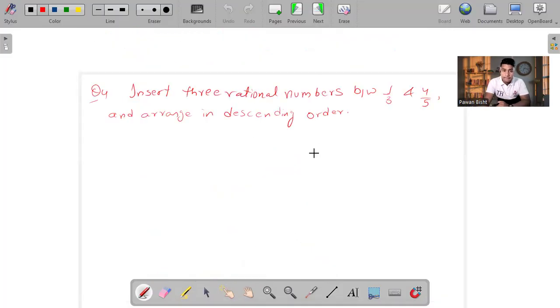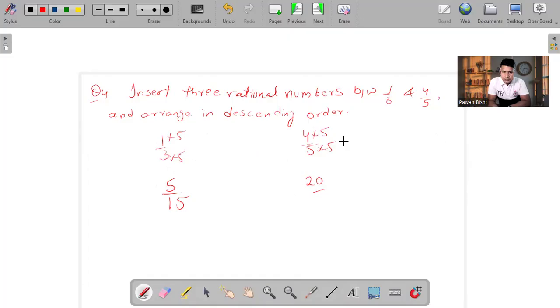Okay. Now, insert three rational numbers between 1 upon 3 and 1 upon 4. How many numbers we have to insert? 3. So 1 over 3 and 4 over 5. The LCM of 3 and 5 is 15. You can check because they both are prime numbers. So you have to multiply. Try to make the denominator same. So multiply numerator and denominator by 5. So this is 5 over 15 and this is